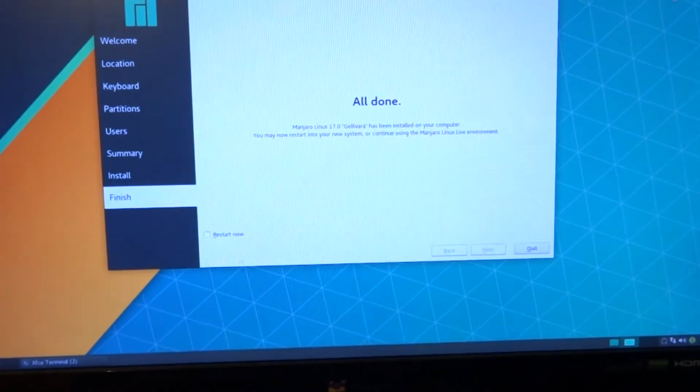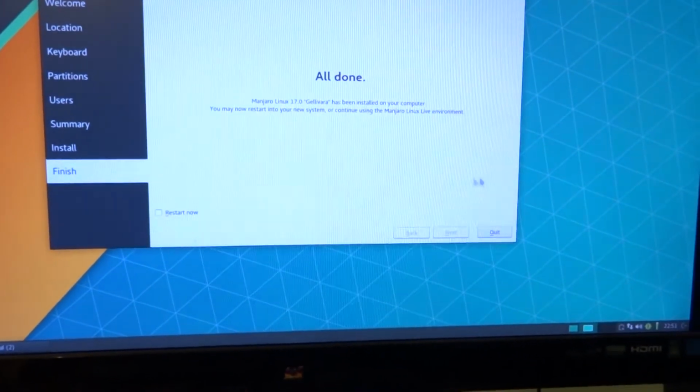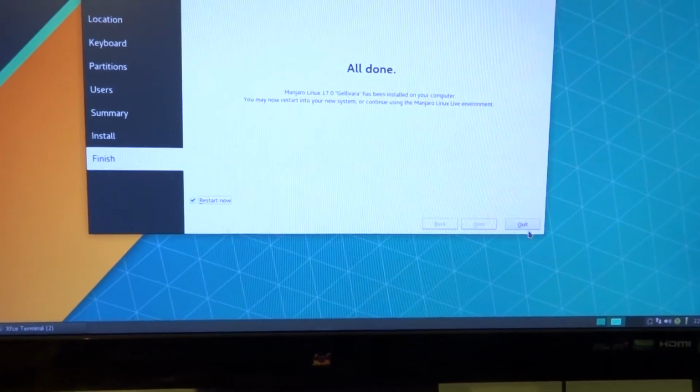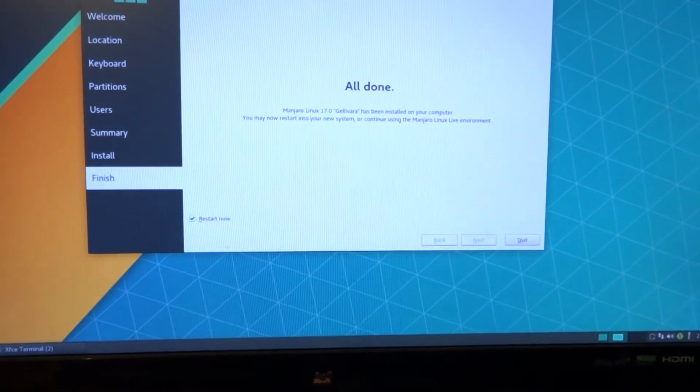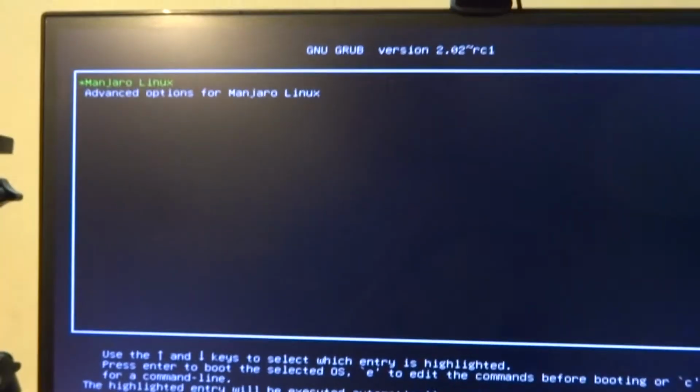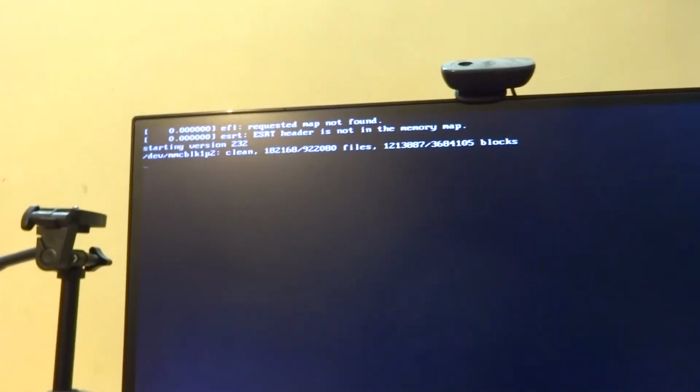Alright, so it seems that it has installed now. Of course, it's only when we restart will we know if it has. Let's quit this, and let's see if it reboots from the internal eMMC storage. Alright, so actually it did. That's GRUB. And let's see if the kernel loads properly. And I guess it just did. So